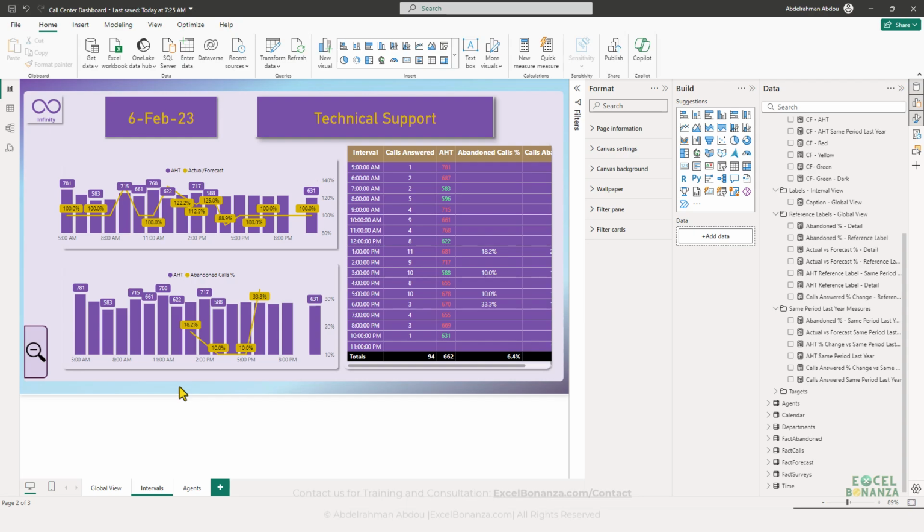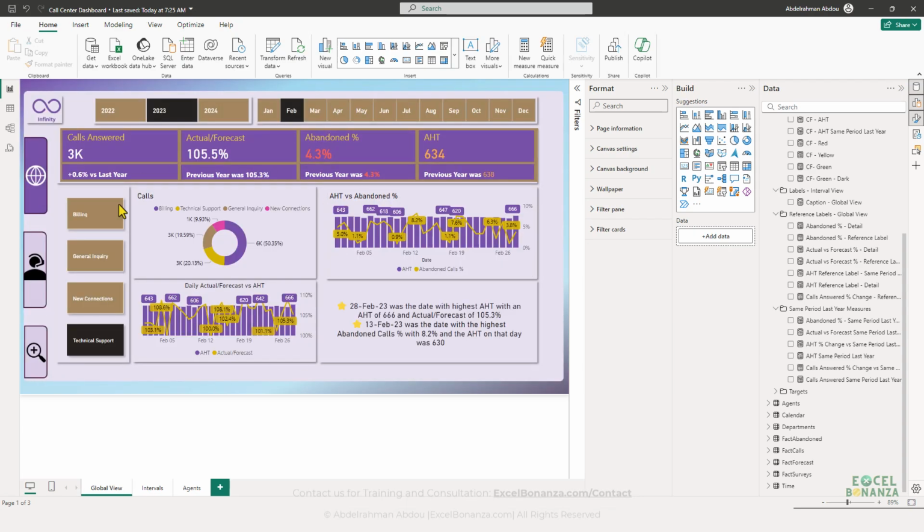And this is a very common view that managers in a call center would want to see. So they would want to see the overall performance of the date. So you can click here as well to go back to the global view of all the dates. So the managers want to see the overview of all the days, and then they would want to drill into a certain date to see the details of what the performance was in a certain interval or in the intervals